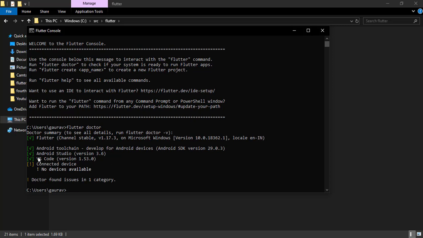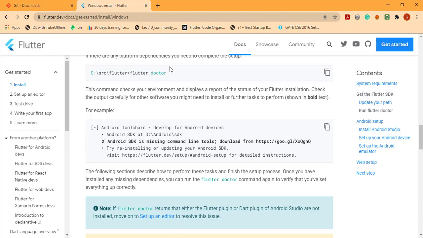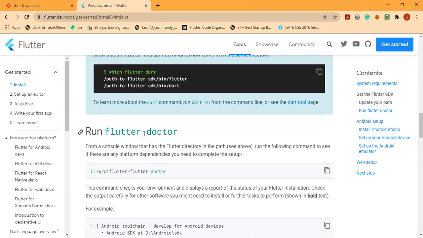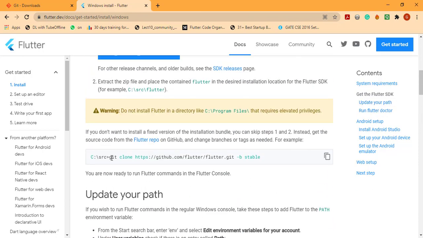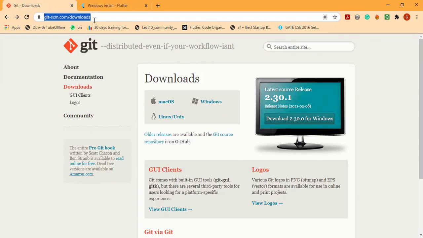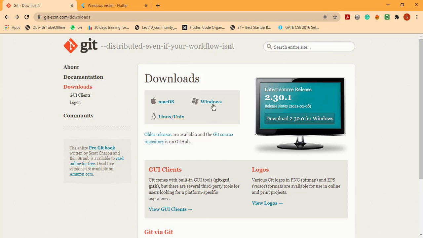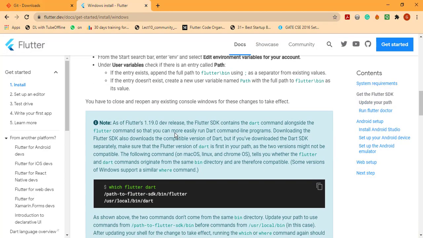So now the next step: I usually use Android Studio, as developers do. If your system is not able to run Android Studio, you can use VS Code. It's much lighter than Android Studio. Even for the git command, I forgot to tell, you should have git downloaded in your system. So go to this link, which will also be in the description, and according to your operating system, you can download git. And after that,